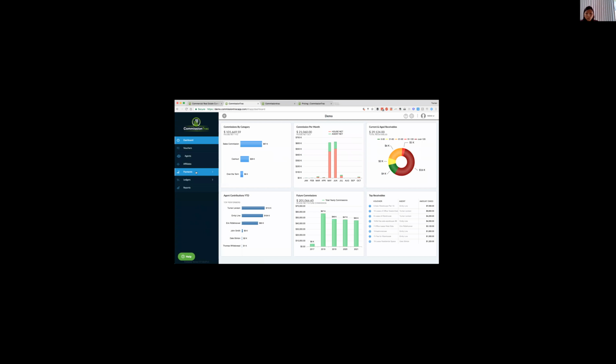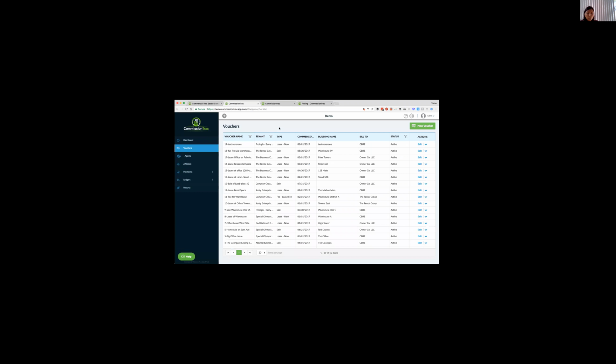The main things that I'm going to go through today are a little bit of setup. I don't want to bore you with how we set up the actual platform. And then the key three pieces, which is capture, account, and report. We'll be using our vouchers to show how we capture deal information. We'll be able to look at some of the accounting workflows, like how we automate the creation and delivery of invoices and statements, how we do deposits and automate the distributions from those, and how all of your ledgers for